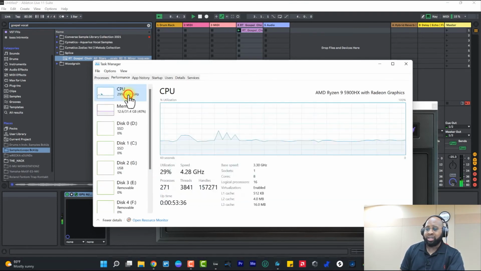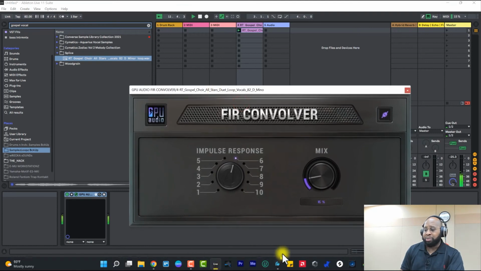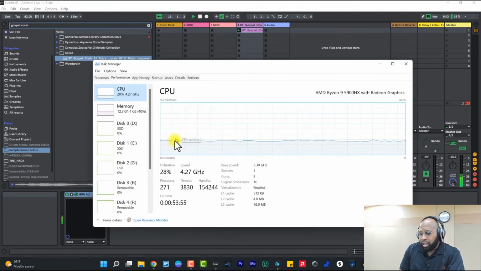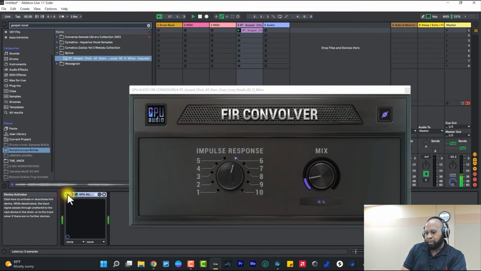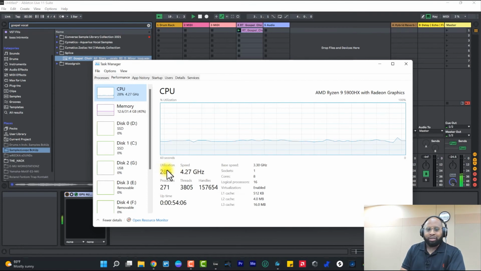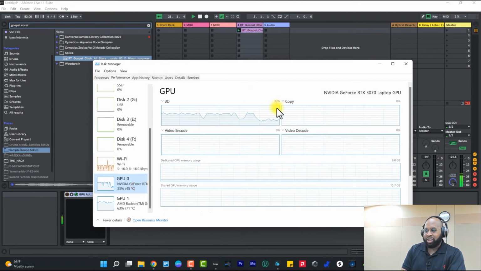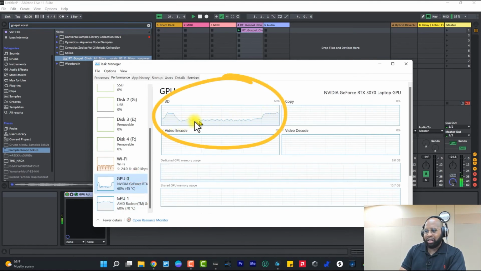But if you go to the CPU, it's still operating around 29%. So that shows you evidence that this plugin is really pulling all of this processing power from the GPU. If we go back and check, the CPU is 28%, but if we turn it off, you hear no reverb, but the CPU is still at 28%, and the GPU is basically knocked down to around 20%, 25%. Now you can see the NVIDIA, that long period of time that we had right there. That's when I turned it off, and you can see that it jumps up right here